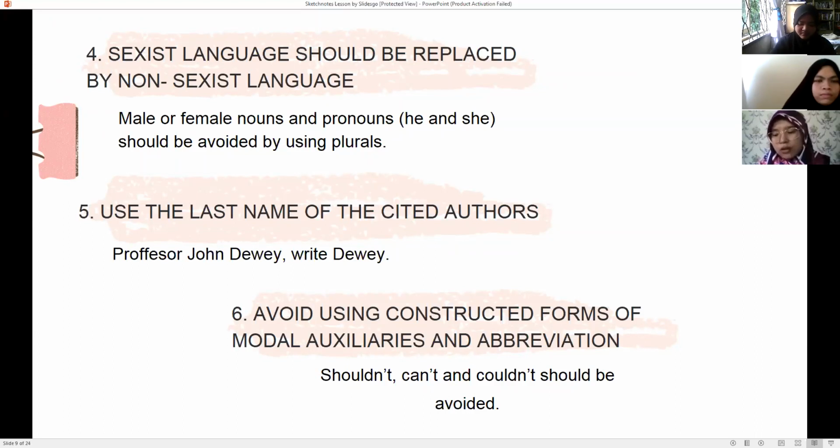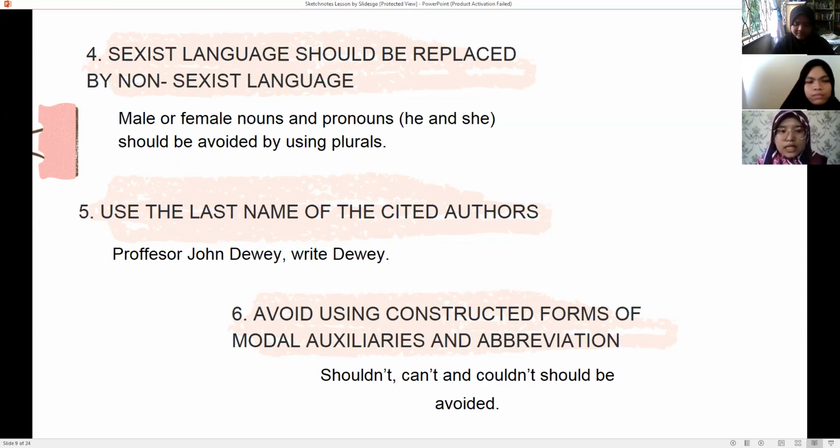This is to avoid bias. Another example is when we use the words a child or his father, we should replace them with children and their father to avoid this bias.